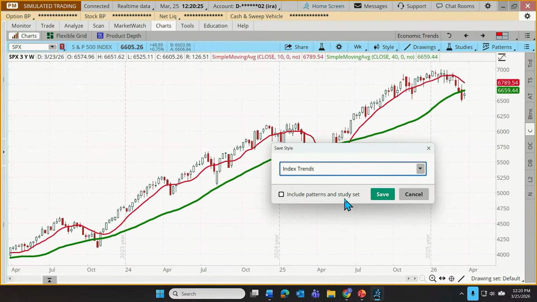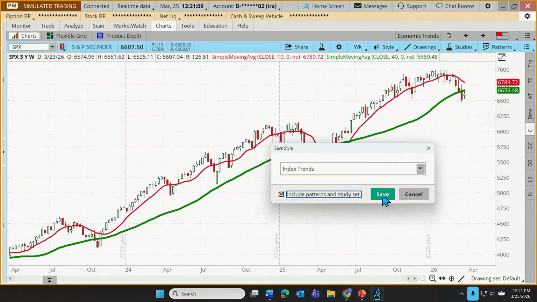As a matter of fact, I intended to show that on the last one, and I forgot to check the box. That's why on 3 of my charts, some of them had a study applied that I didn't have on the first one. Remember on 3 of those charts, it showed that green line. It was actually just our open interest study. Yep, whereas the first one didn't have that. If we check this box, it's saving all of the important elements of this chart setup. It's saving the time frame, the chart style, meaning whether it's a candlestick or a line, and it's also saving any studies that we've added, like our moving averages.